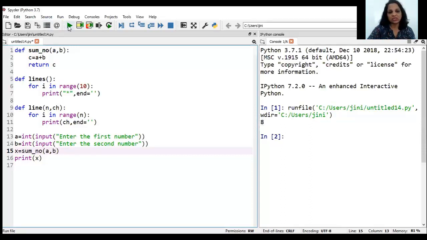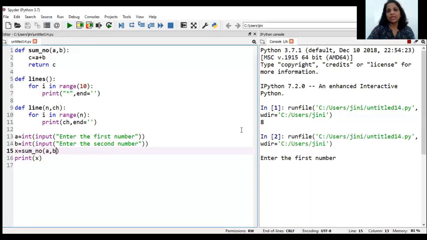So let me just execute it once again. It's asking me for the first number. Let's say I enter 11. It's asking me for the second number. Let's say I enter 20. And can you see the answer coming as 31? Okay, so which means